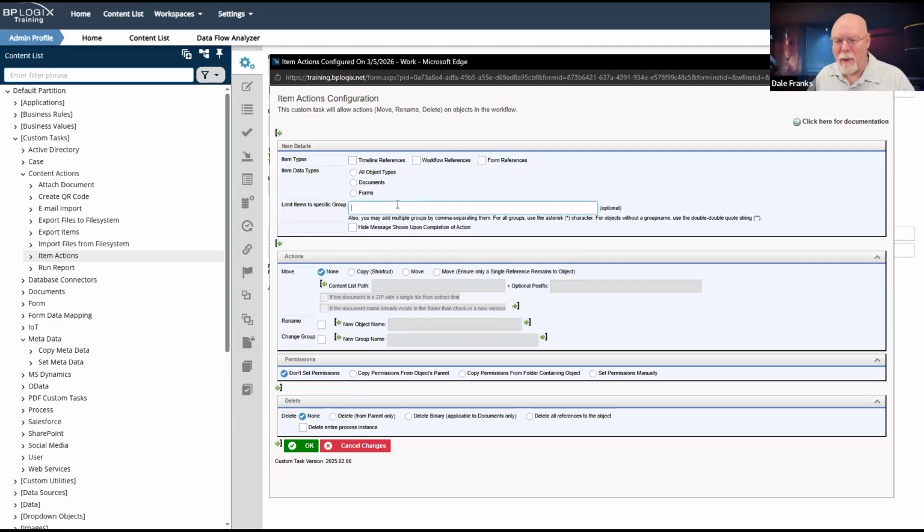I don't even have any best practices advice for you on determining when and where to call a custom task because it can be so complex. There are some rules of thumb that you might want to keep in mind. If the custom task is ever going to be called from a user action, then it's got to be on the form. You don't really have a choice.